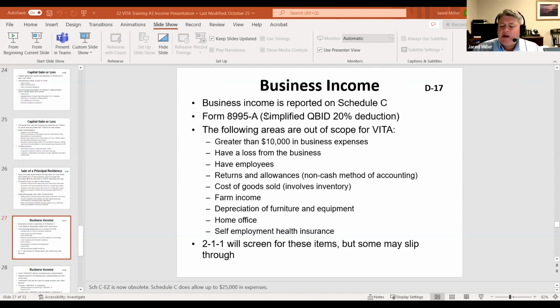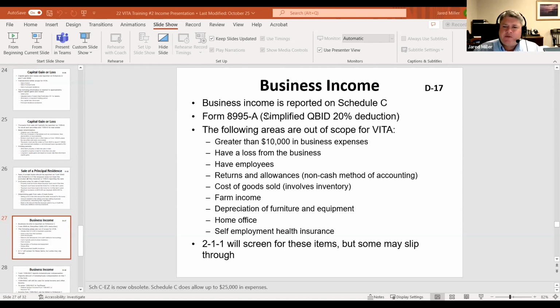Now, we may not see a lot of this. It is really not designed within the VITA program for someone who is fully self-employed to come in for VITA to have us prepare their returns, for a variety of reasons. One is they need to provide us all the information. We can't start adding up their income or coming up with a list of their expenses. We're not going to get their bank accounts and help them create a financial statement. They need to do that on their own.